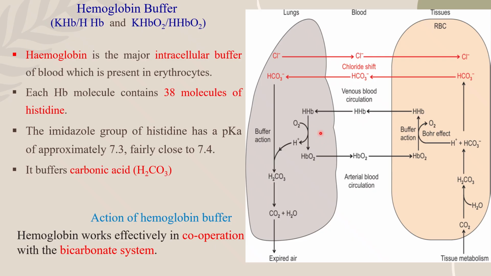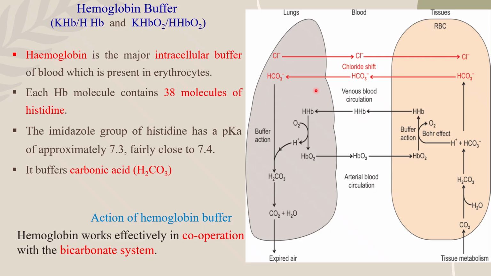In the lungs, what happens? This hydrogenated hemoglobin now combines with oxygen, so it is converted back into oxyhemoglobin and releases the H plus ion, just the opposite of the phenomenon happening in the tissue. So the H plus ions are now released, and here also the bicarbonate system is available, because H plus ions are there. So the counter ions are